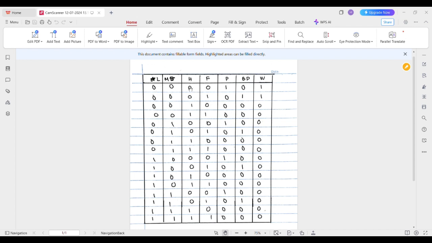Firstly, in the input columns we need to put 00, 01, 10, 11, and the LM is 0000. After that, we do it again 00, 01, 10, 11. But for this, we put 01, 01, 01, 01, and then so on 001, 011, and this is 10, 10, 10. And for the last, we put 0001, 1011, and this is 111111.